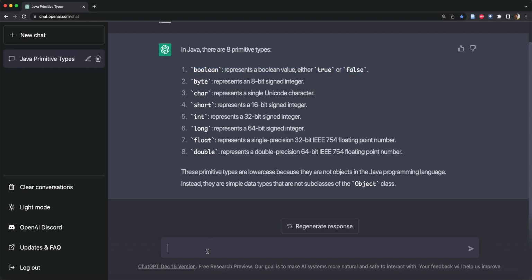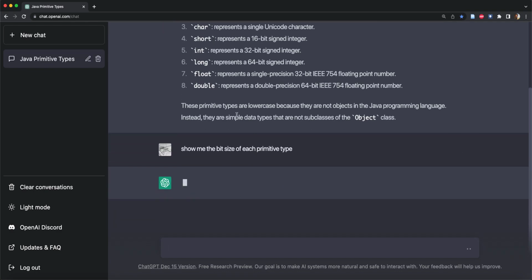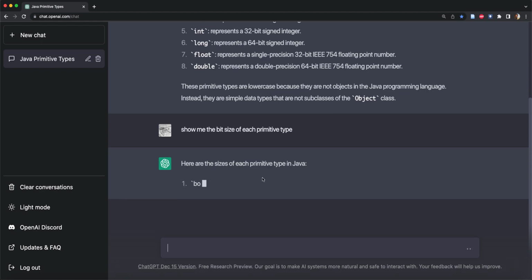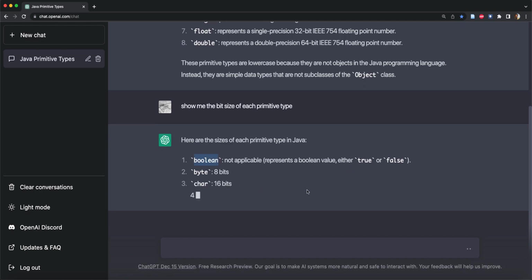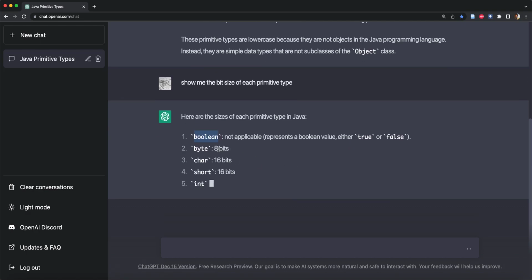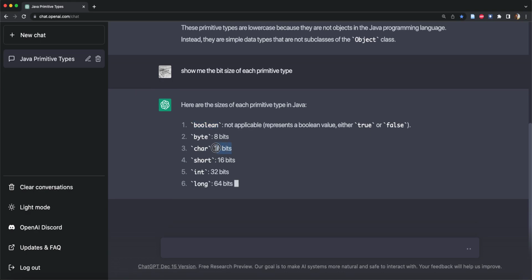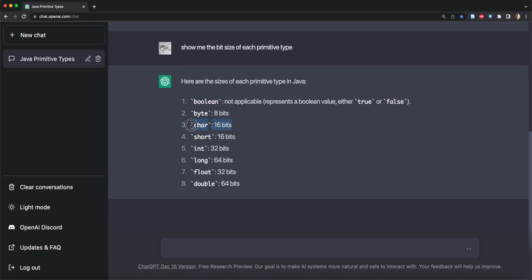So, show me the byte size or the bit size of each primitive type. And here are the sizes of each primitive type in Java. Boolean, either true or false, but inside the JVM, Boolean is 1 byte. Byte is 8-bit, char is 16 bits. So char in reality it's